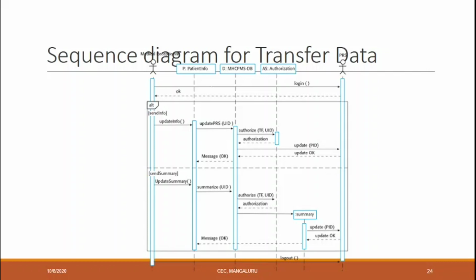So make a note of this. If the coding is not done based on the sequence diagram, there is no need to give full information. If the coding is done based on the sequence diagram, then it should be given in full. If you give a diagram like this to the implementation team, then by seeing this, the implementation team can start developing the code easily. So this is one of the advantages of using a sequence diagram.